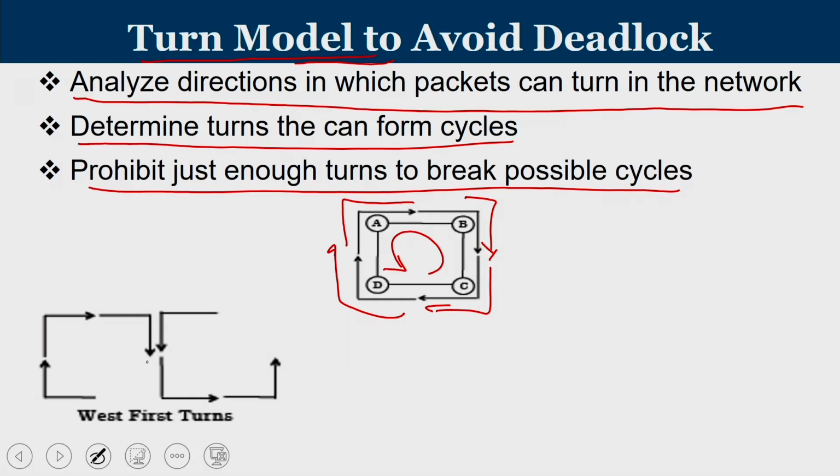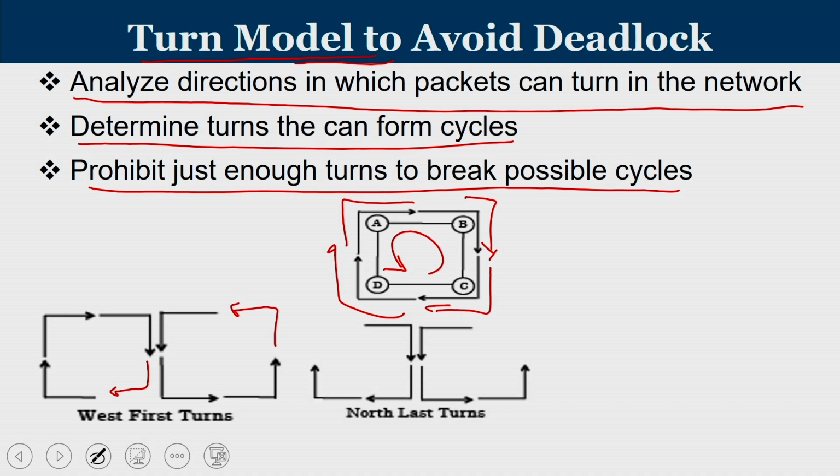If you look at this, the one that is missing is the red arrow, that is traveling in southward direction and then moving to west, and traveling in northward direction and then moving to west, both are being prohibited in the case of west first turn. So any turn or any movement towards west, it has to be done first. So once you take a non-west turn, then trying to move towards west direction is prohibited. Hence the name west first turn. Similarly, we can define east first turn, north first turn, and south first turn, etc. The next category is called north last turn. So here the term, as the name indicates, it's last.